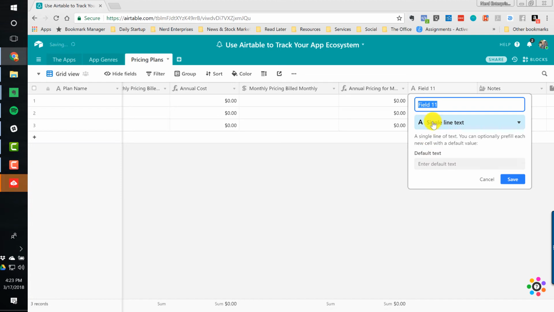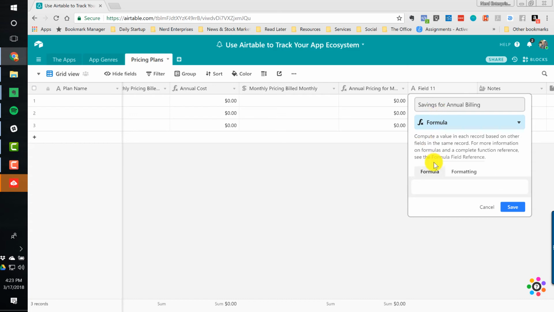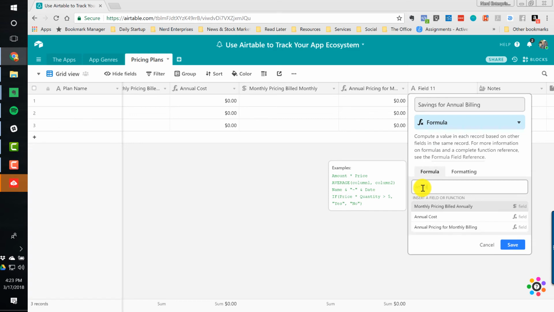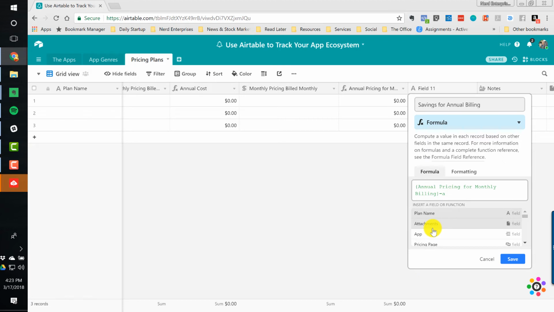Right, let's insert one more left. This is also going to be a formula. This is savings for annual billing. Because I got to tell you, I've looked at a lot of these apps where when I look at the savings on the annual for a particular plan, it's not worth parting with all that money up front just to save the amount that they're offering you as a savings. So I always like to take a close look at this. For this, we just need to know what are we saving, because it's always going to cost us more to pay monthly. So we basically need the annual pricing for monthly billing minus the annual